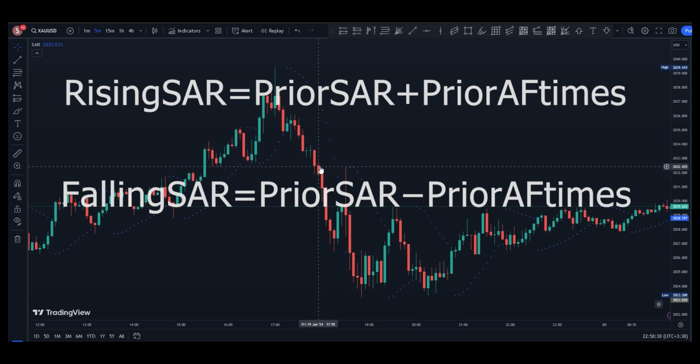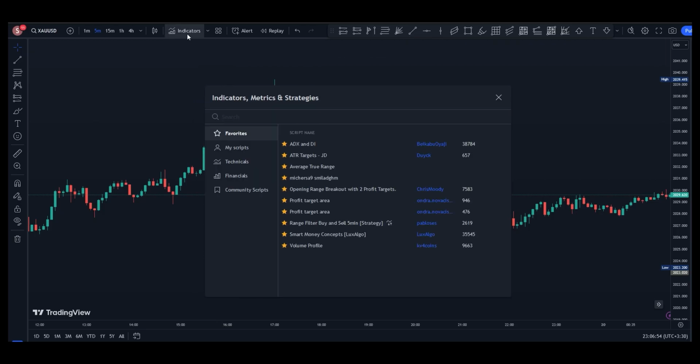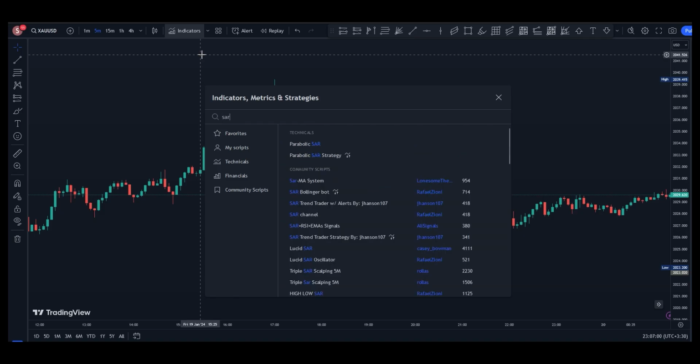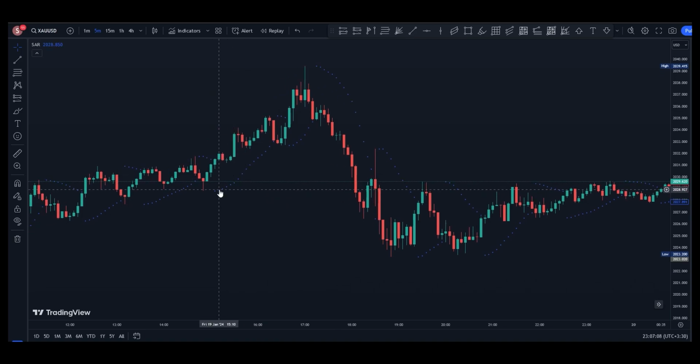Now, let's try this one on the chart too. Well, to add the parabolic SAR to your chart, as you know, you have to click on this indicator, write parabolic SAR or SAR, and if you click on it, you can see it added to your chart. As you see, it has dots below your candles and above your candles that show the trend of